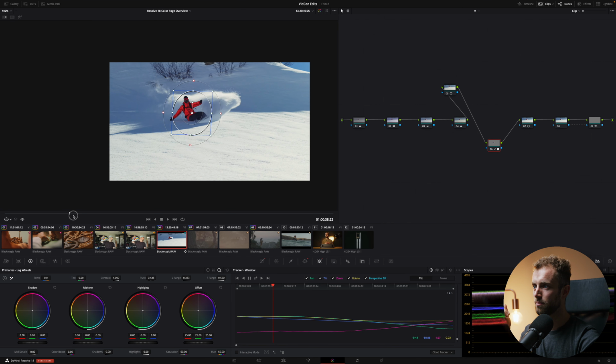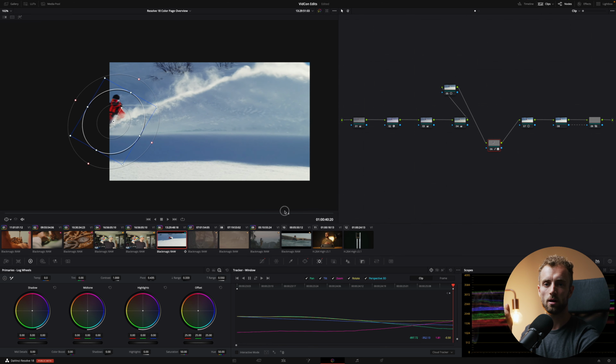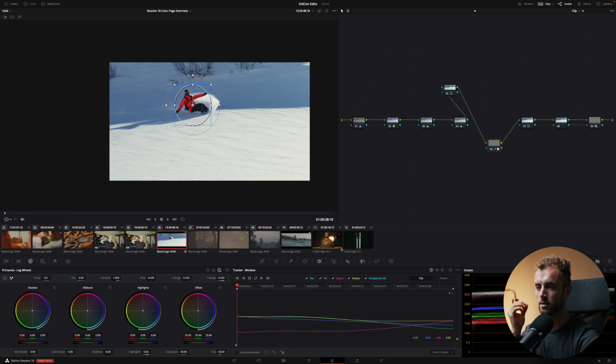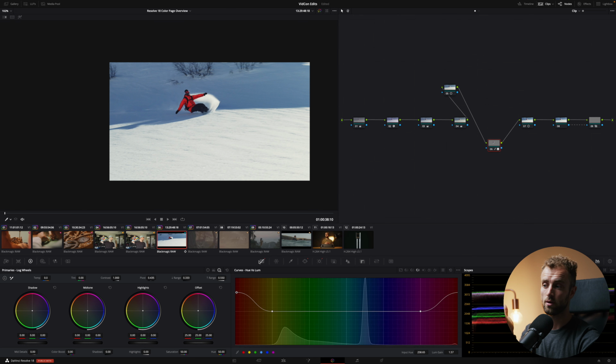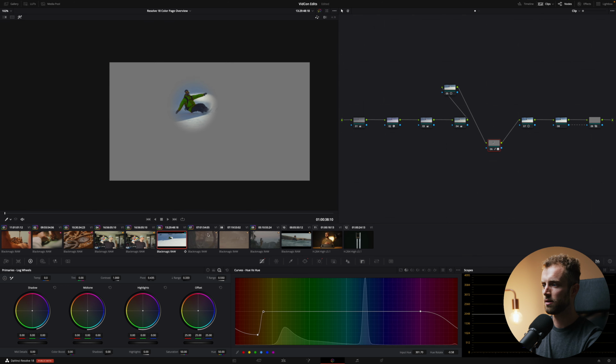I mean, what? It does an amazing job. Insane to me that this is possible and this fast. So what we can do now is if we go over to the curves, we can really go crazy on him. Okay, let's only do the jacket because that is the red hue. And if there would be another red color in there, nothing would be affected because, again, we have that selection on him. It doesn't really do a good job right here, but you can refine that a little bit better. But at least the tracker is on point.